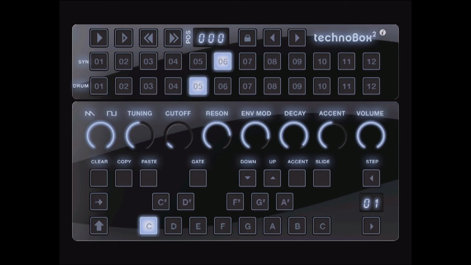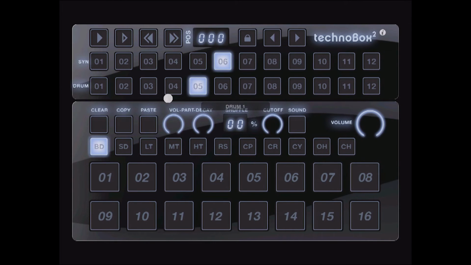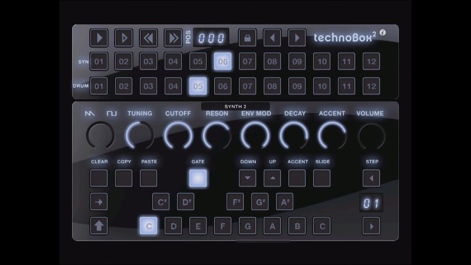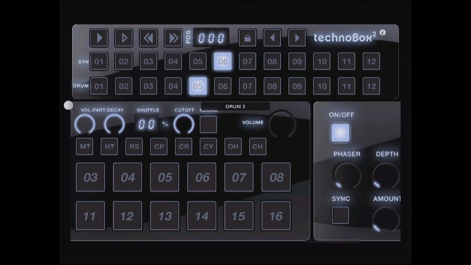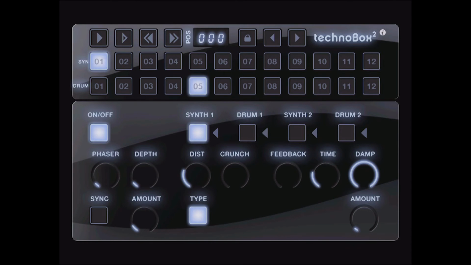I also wanted to show you the effects section in greater detail. We've used that before in previous episodes, but I never really explained what all of the various effects are doing, so let me switch over to blank drums and a simple pattern here. This is just a whole bunch of C's, and as you see, I've got synth 1 selected. Now I've got no effect going on, right? And here's the distortion,